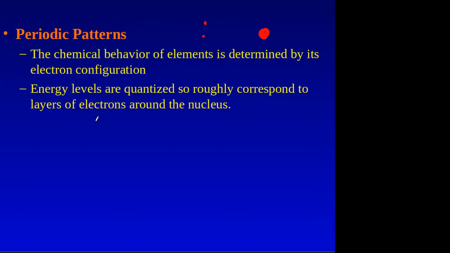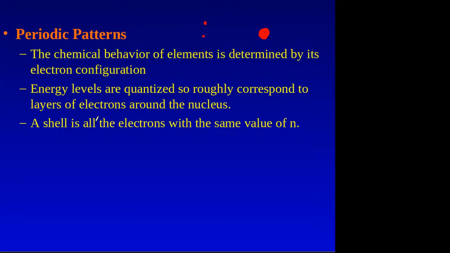And so energy levels are quantized to talk about layers of electrons. And that's what we noticed with light. Light came in distinct quanta, and we could move an electron up or down at an energy level. And it's that motion of energy and the energy levels that help the chemistry work. A shell are electrons that have the same n values, which is a base energy level. Each n is a row in the periodic table.